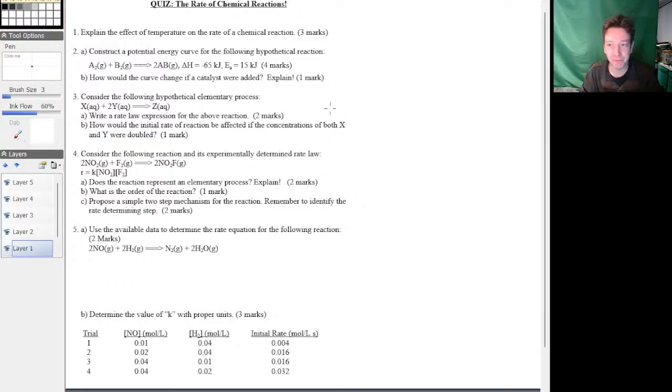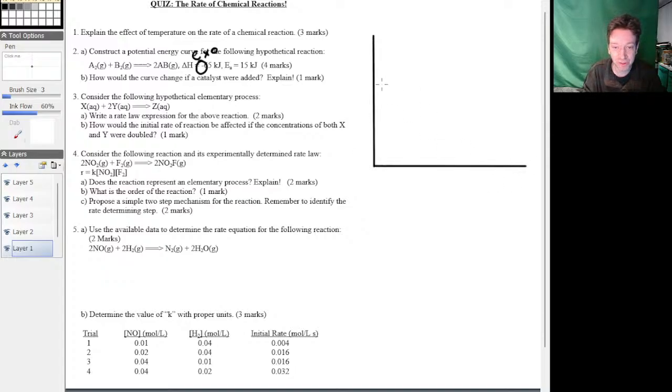Let's go to question number 2. We have to construct a potential energy curve for this following hypothetical reaction here. So A2 plus B2 gives you 2AB. First thing you need to notice is that the enthalpy change is negative. That means this is an exothermic reaction. Okay, and then we have a certain amount of activation energy. So if we were to draw,